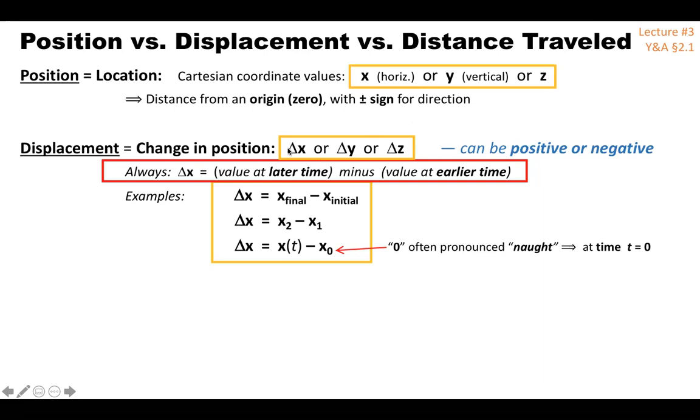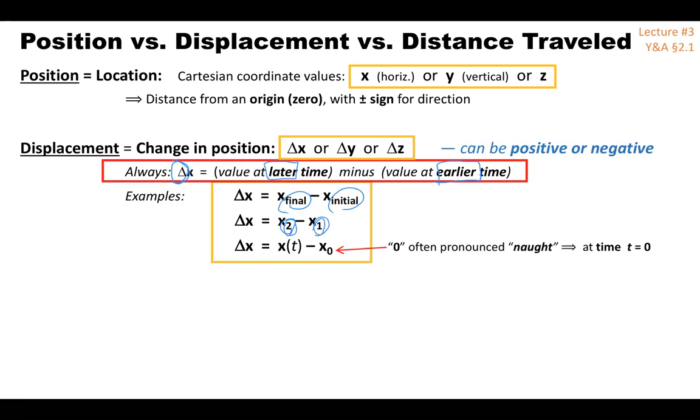Displacement is a change in position over time. So we designate that change with this capital Greek delta in front, as I'm sure you're familiar with from chemistry and many other classes. But I want to say that as a physicist or in physics class, every time you see that delta, I always want you to think later minus earlier, okay? It's really important to think of delta as always equal to later minus earlier, final minus initial,